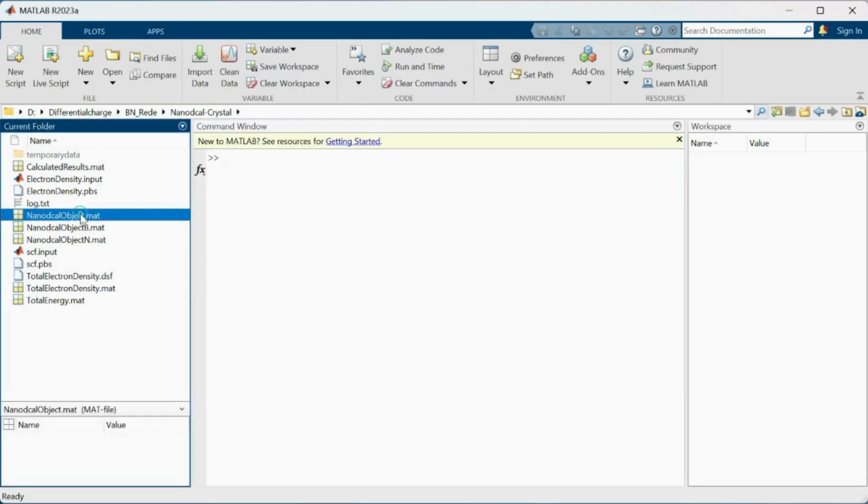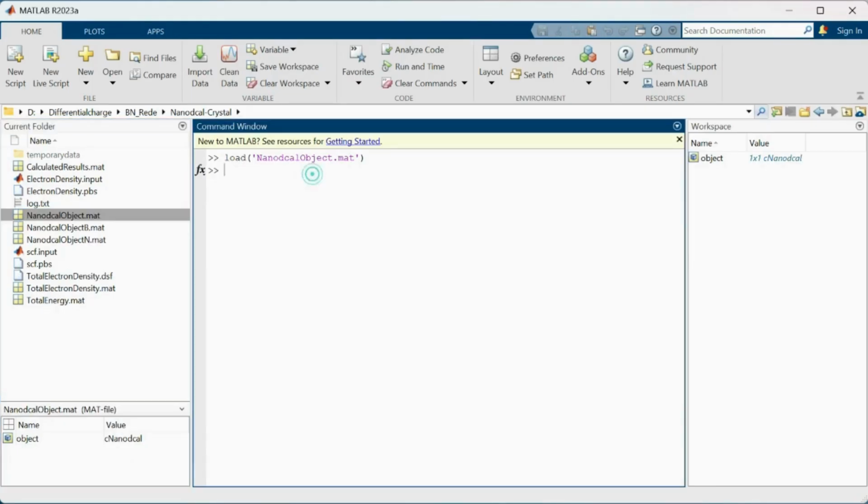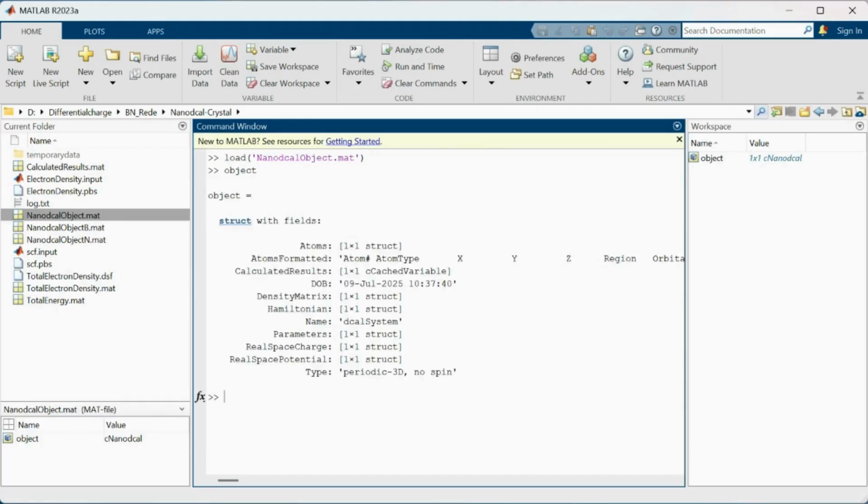Let's see the data first. By double clicking, it loads the NanoDcal object material file in the command window. Type object. You can see their parameters also: atoms, atom formatted, calculated result, overlap matrix, Hamiltonian matrix, and real space charge.